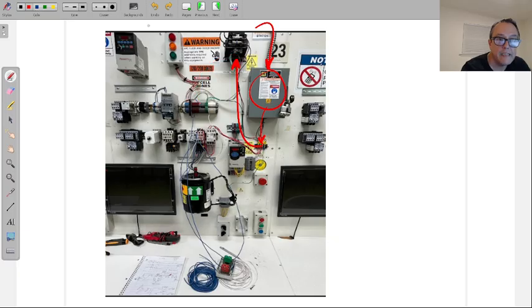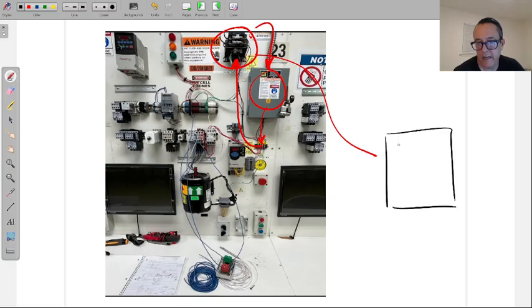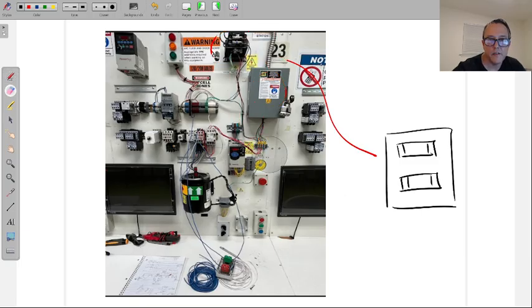Now, I did want to point this out because up here, we have a transformer. All right, and that transformer, I'll do my best to kind of draw this out in an image, has two fuses. All right, it has two fuses on the side, and I'll clean this up a little bit, on the side that's bringing in the power from here. All right, and for online students, I'm not trying to make this about the labs there, but this is very common in normal motor control circuits, where they'll pick up two phases. That's what they're picking up here, just like the way the drawing was in the wiring diagram and the one I just did. So those two phases will bring